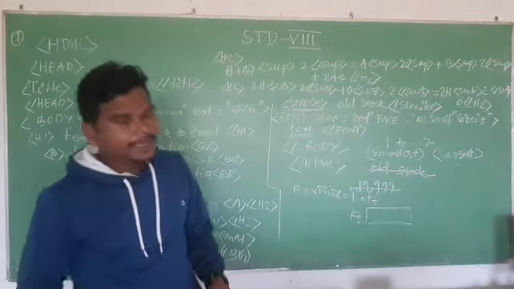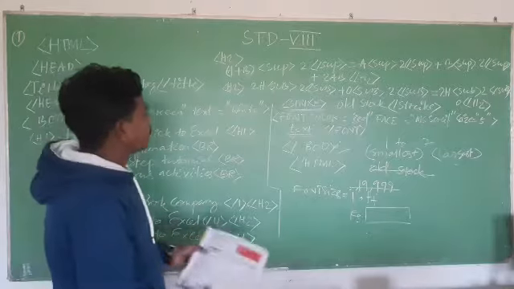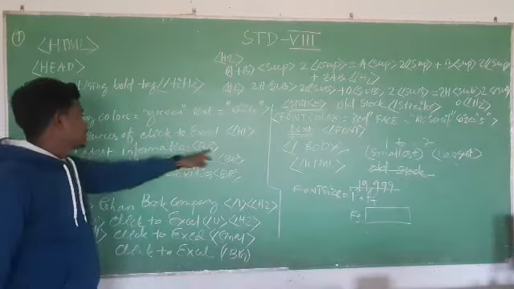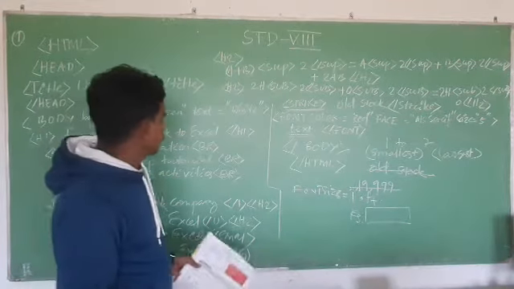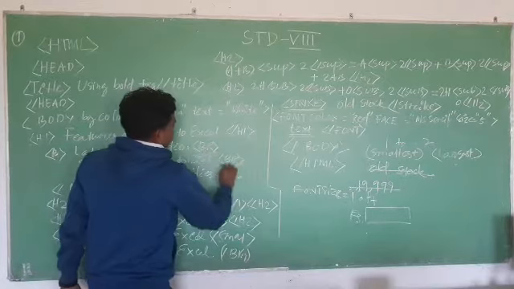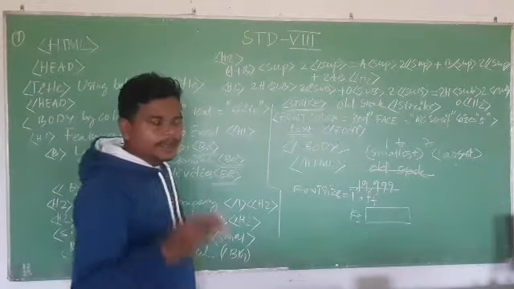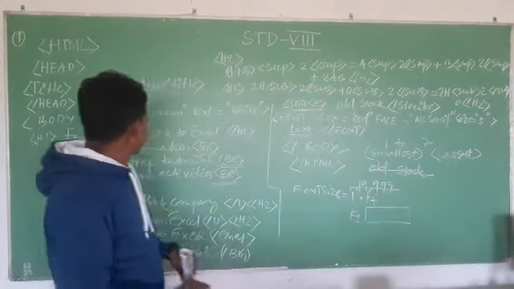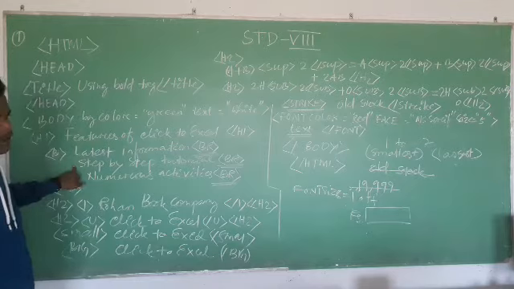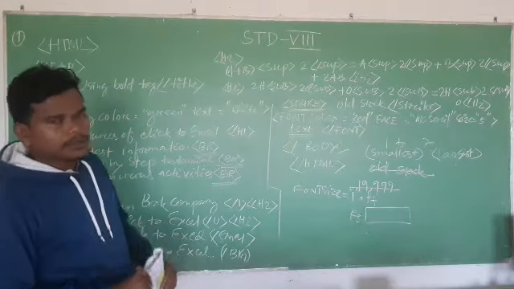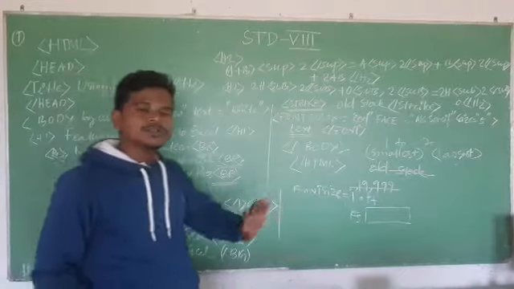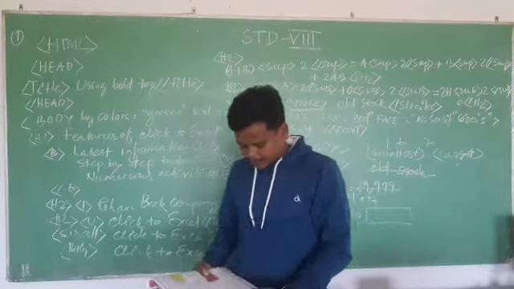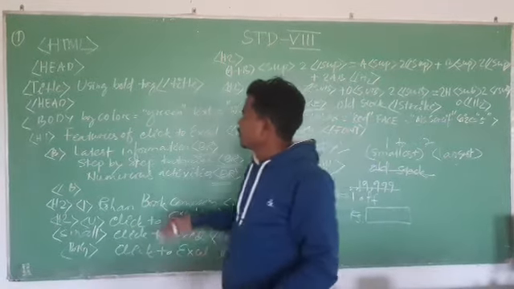Next one is the break line tag. For the break line tag I have not written the tags here, because I have already mentioned why it is used. The break line tag is the BR tag. It is used at the end of a sentence or end of a line so that the line breaks and another line can start from there. For break tags there is no starting tag and no ending tag; it is only used to break the line. This is all about it, and the whole program is written here.